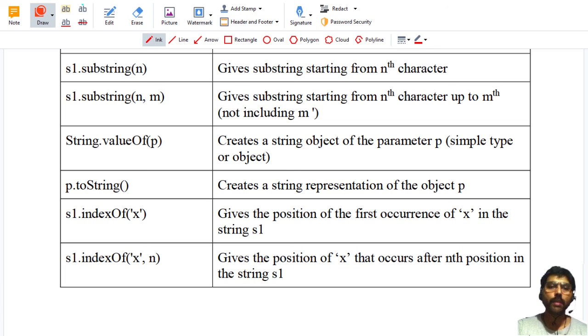Here the search starts with the first character. If I want to start searching for x from a different character than the first one, then I have to use one more parameter, called n. This gives the position of x that occurs after the nth position in the string S1. The searching will start from the nth character, not from the first character.